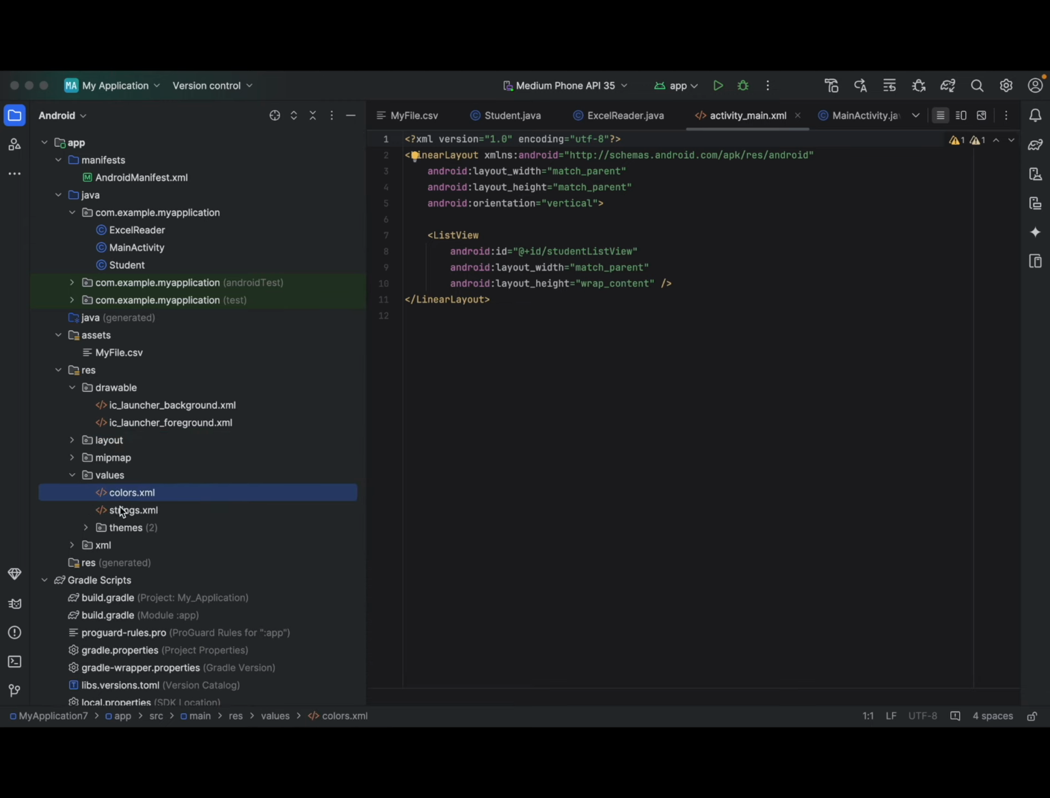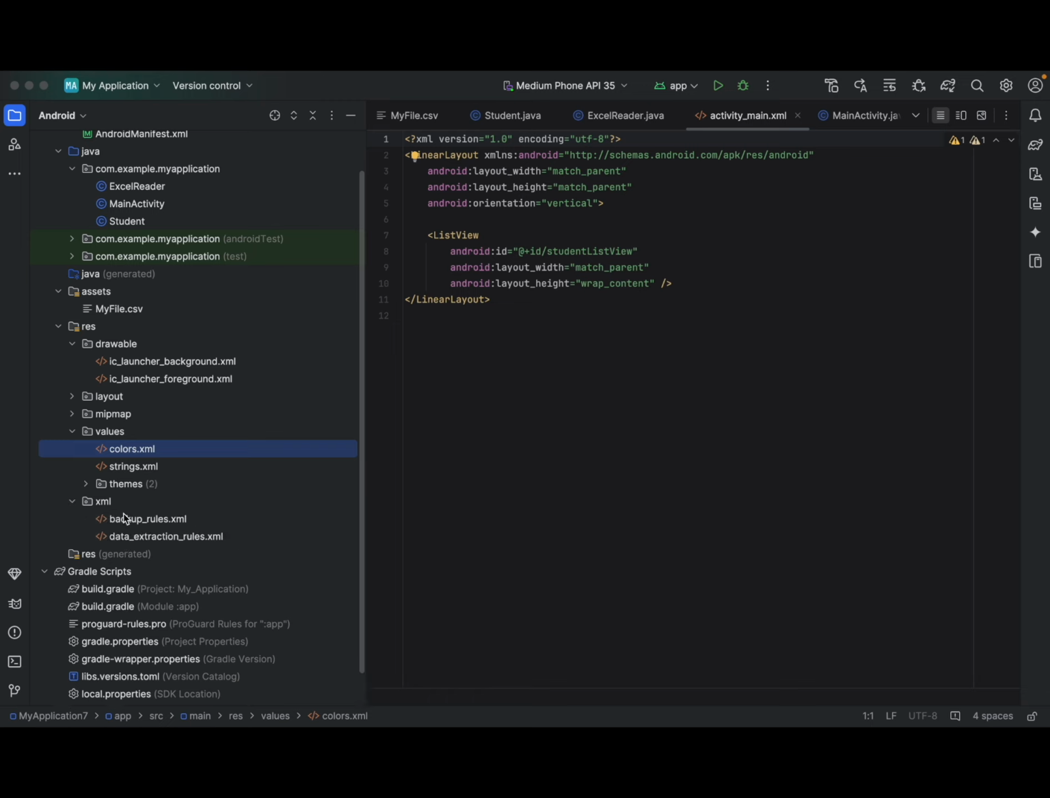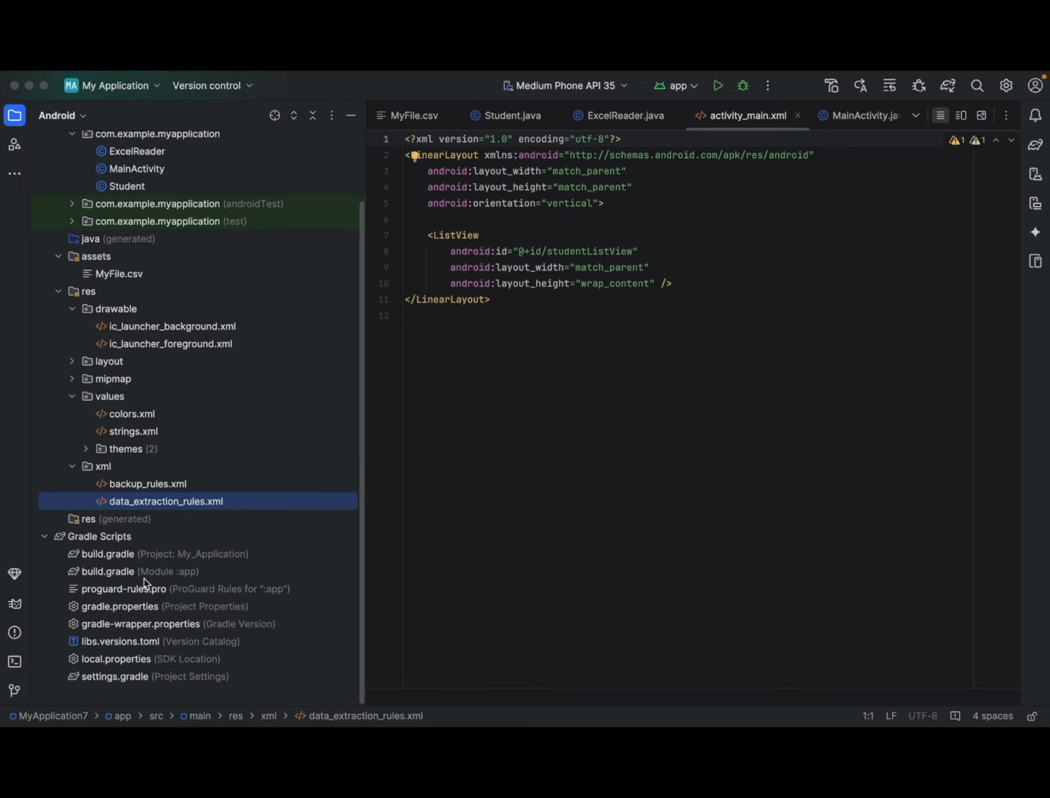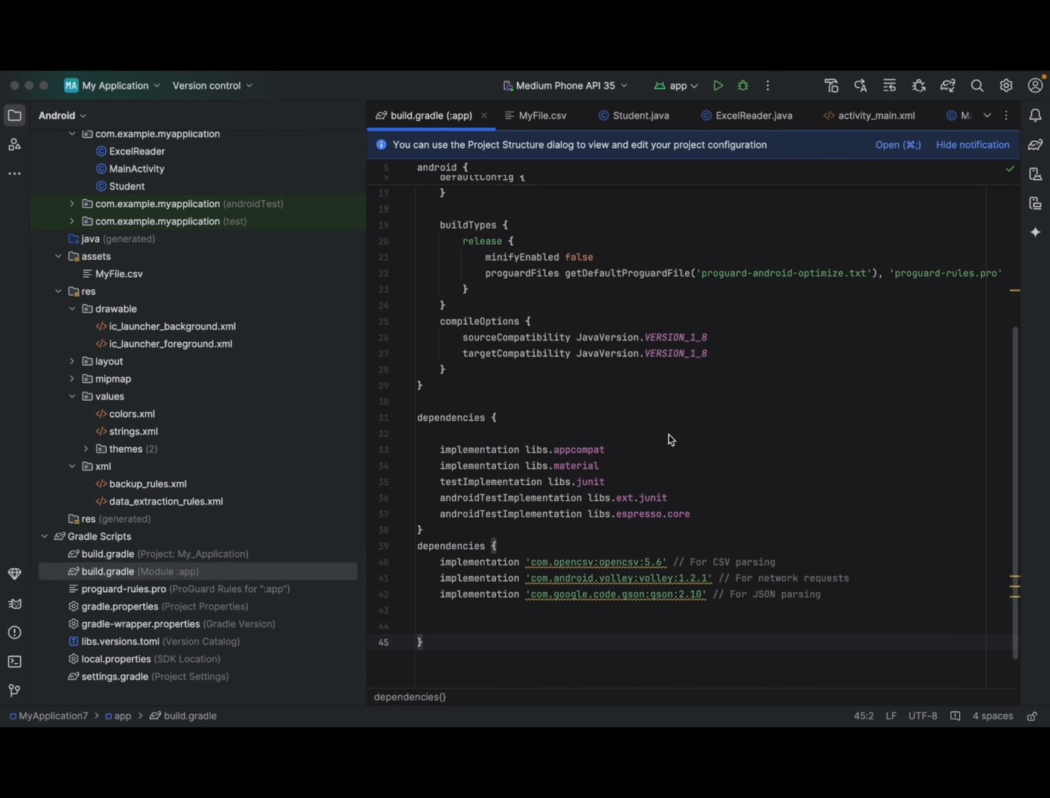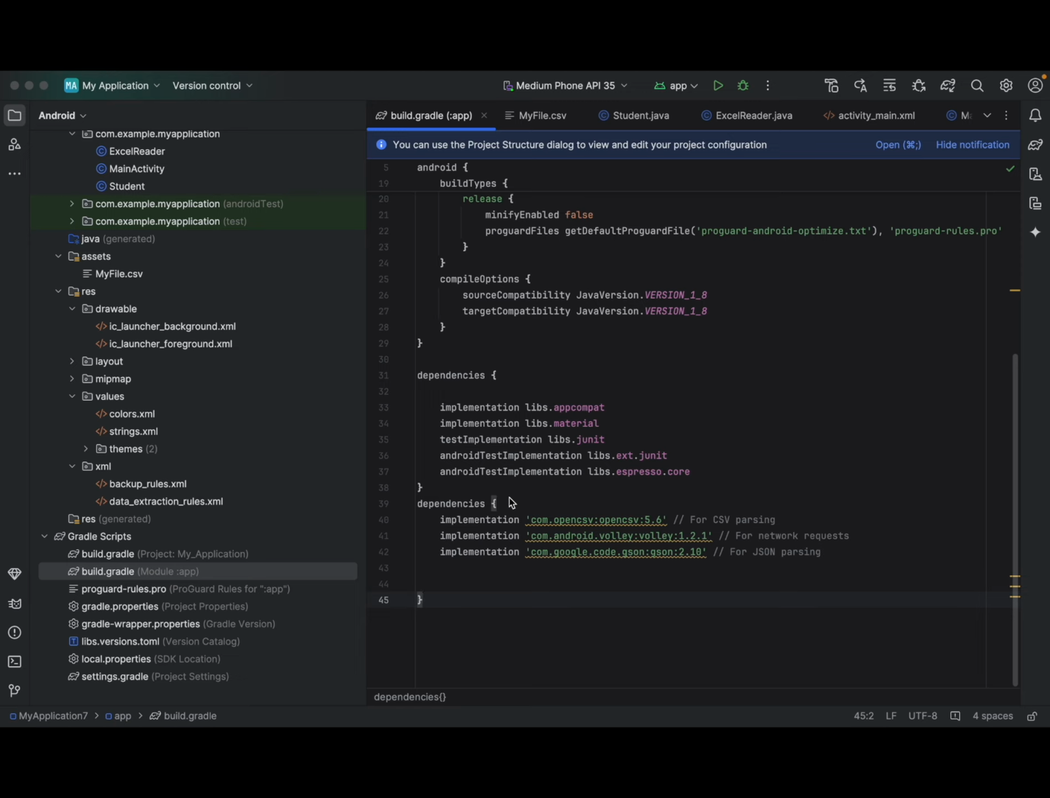Those are the colors, XML strings, and those are the XML files which are backup rules and data extraction. Now at the Gradle function, as you can see, this is my Gradle file, the application module. Now, as I told you last time, I added multiple dependencies and multiple libraries and APIs to use this. Now, as you can see the dependencies,